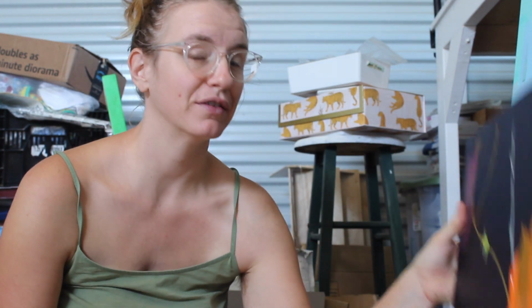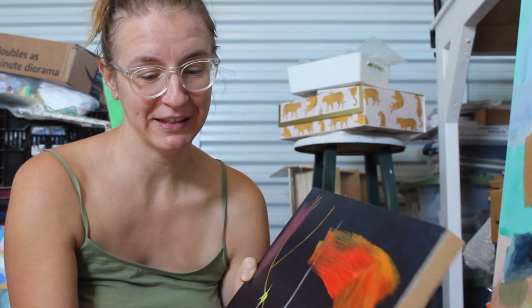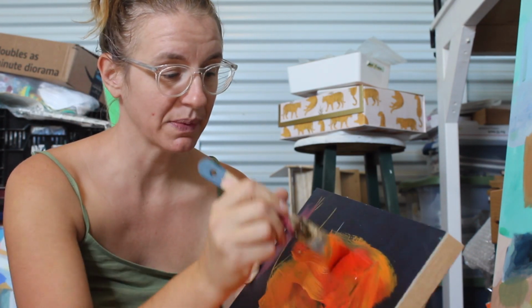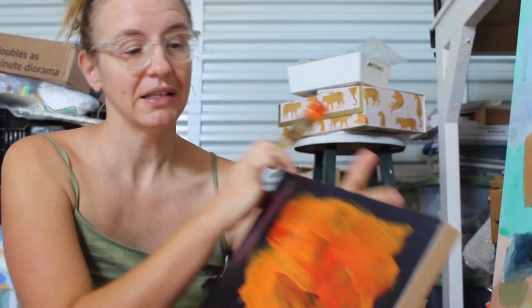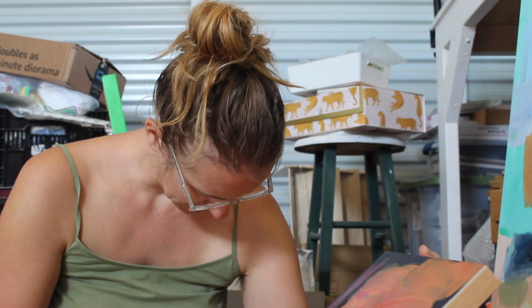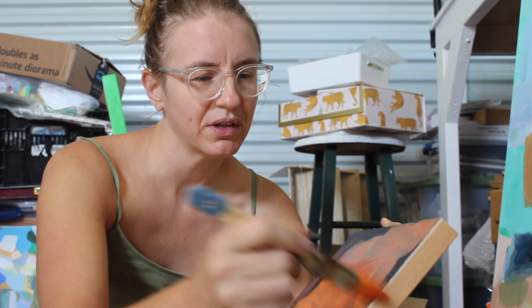Hi. So when I say that I don't like doing a lot of warmer colors, I really mean it. But I really enjoyed this painting that I did last week, and I forced myself to paint some warmer colors as a base. And so I had this painting that I wasn't thrilled about, and so I knew I was going to paint over it,